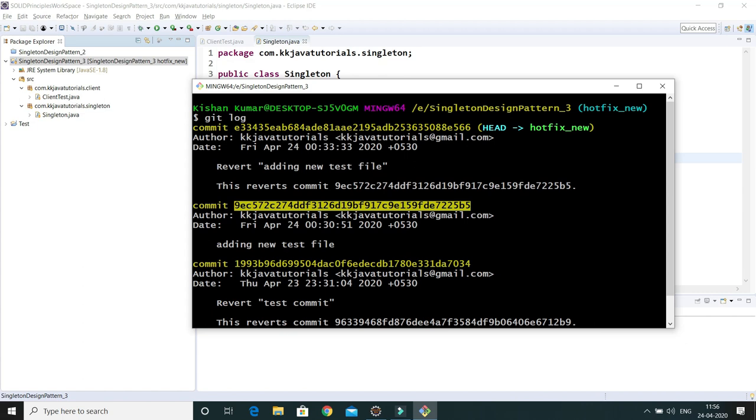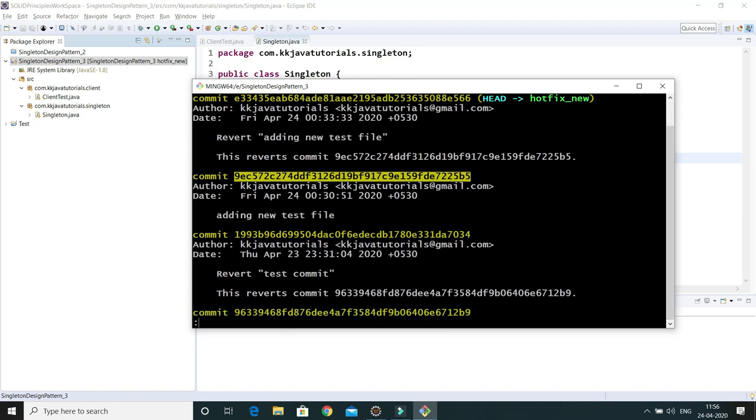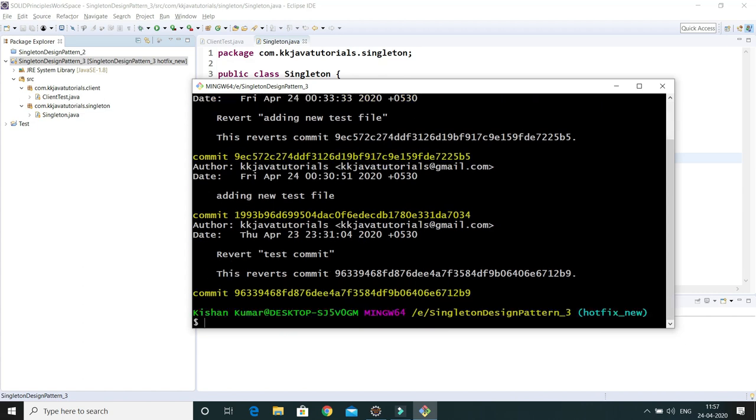In git, if you do a commit, then for every commit a git id gets generated, that's the unique one. Now press q to come out of this log, and here I'm going to do git checkout and that commit.